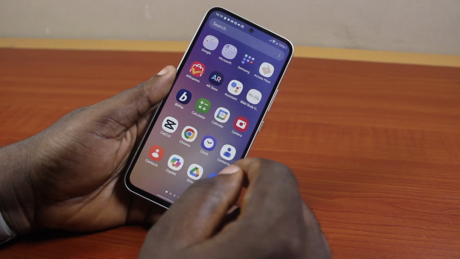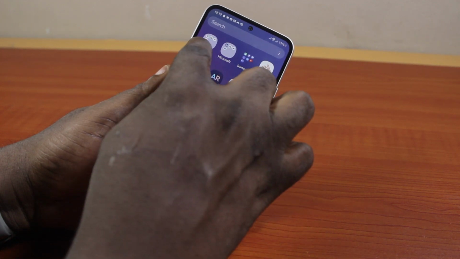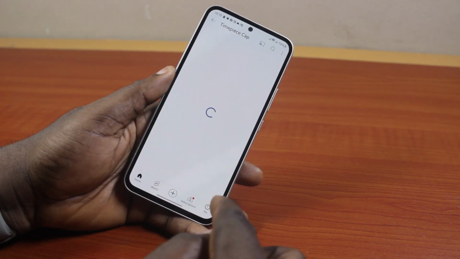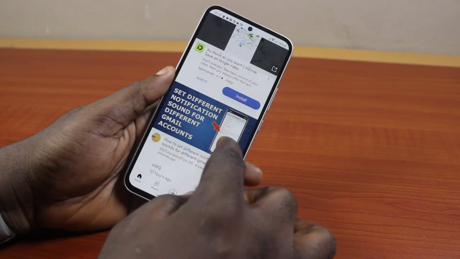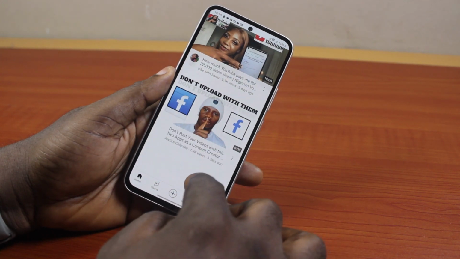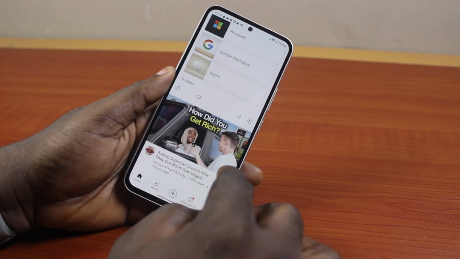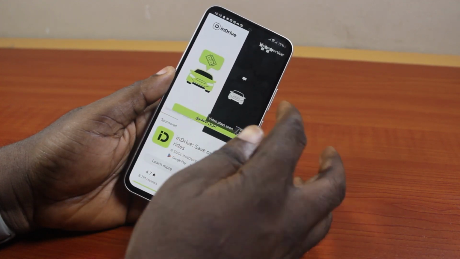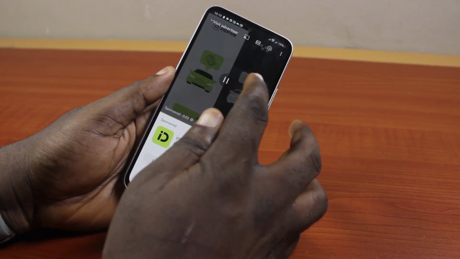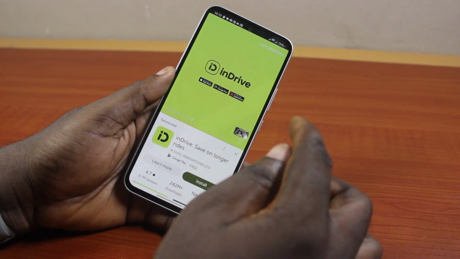Now to turn on stable volume in YouTube, all you need to do is open the YouTube application on your phone. So once you open the YouTube application, go back to the YouTube home screen like this and then locate the video you want to watch. So let's say I just want to watch a random video, this. Then while the video is playing, just like this, let the ad play, and once the ad is done playing,